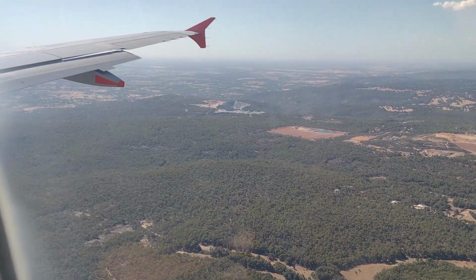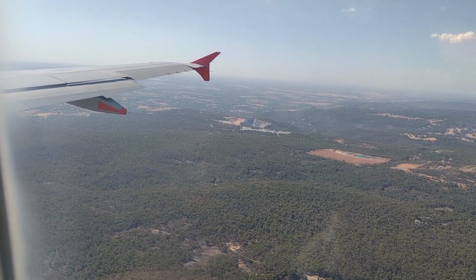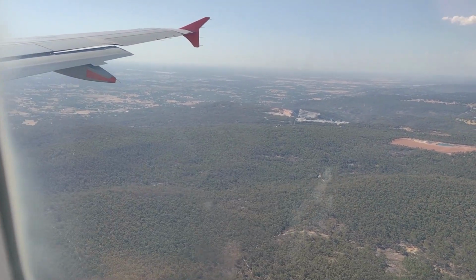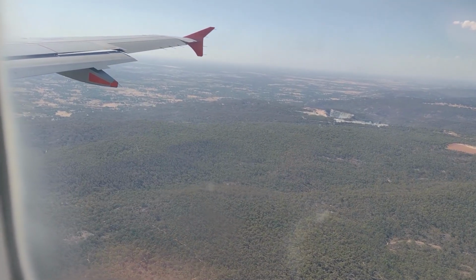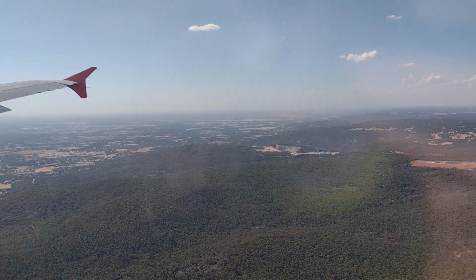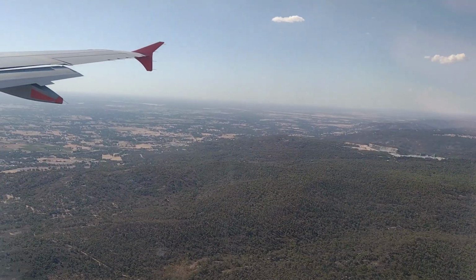Yeah, we're so close to landing and I can't even see anything. It's such a shame we land from this side. We can't get a good aerial view of the city, which we rarely see. That there is Bullsbrook, just behind the pit. I'm not sure if you can see what I mean, but